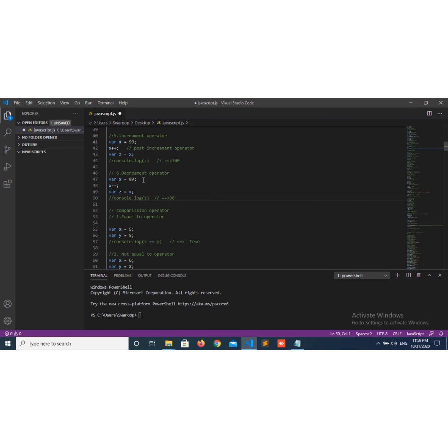In case I did changes in 4 or 5 files and gave the command Control plus K, Control plus S, at that time all the files will be saved.